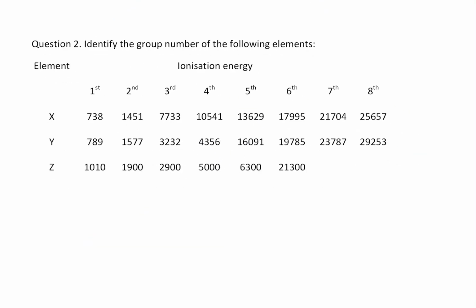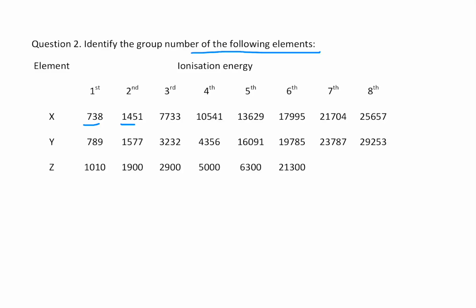Identify the group number of the following elements. I'll do one and then you complete the others. So how do you find the group numbers from the ionization energies? You have to look for the gap. The one which shows the biggest gap, a very huge gap between the initial and the second value, means that electrons have been removed from an inner shell. So if you look at the values here,